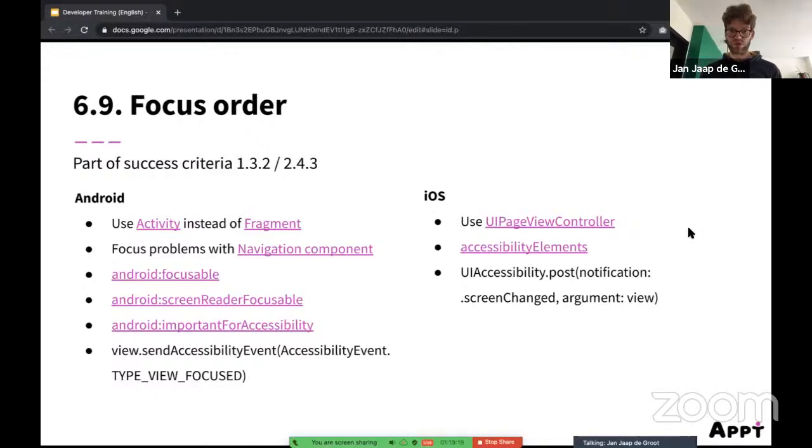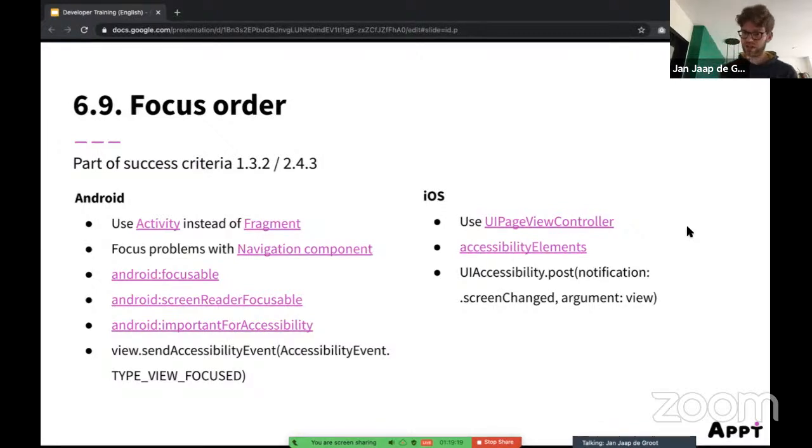You can force move the focus to certain elements. I suggest you to not use these properties, but sometimes it can improve the user experience. But really make sure to not use them if it's not needed, because usually the operating system should take care of the focus order for you if your app is programmed correctly.